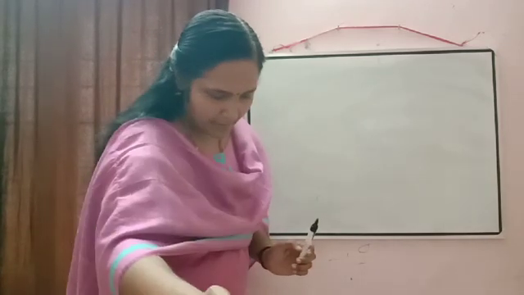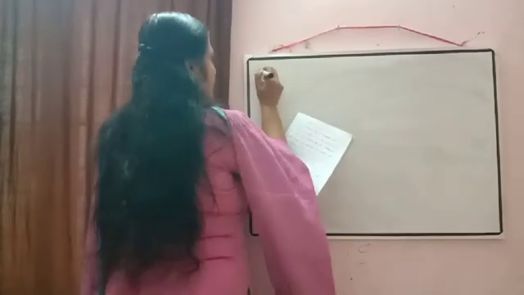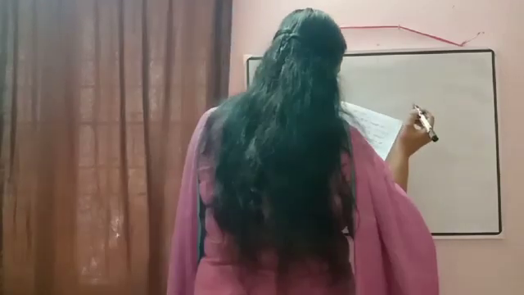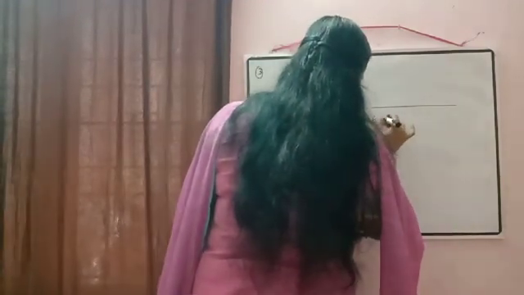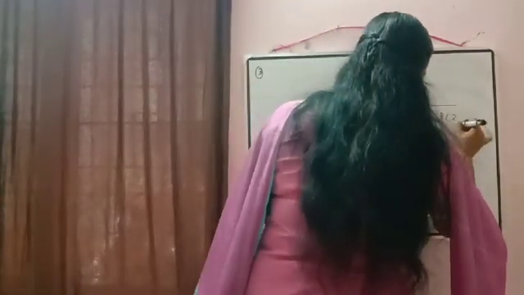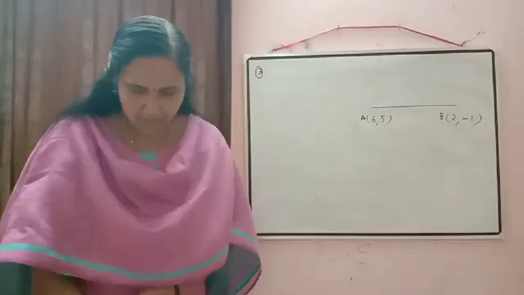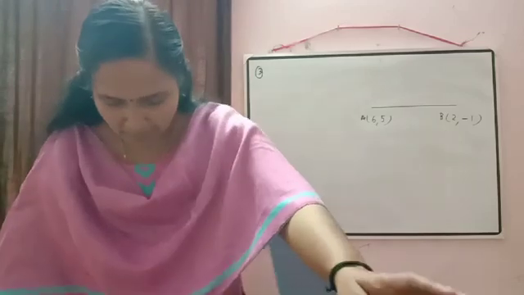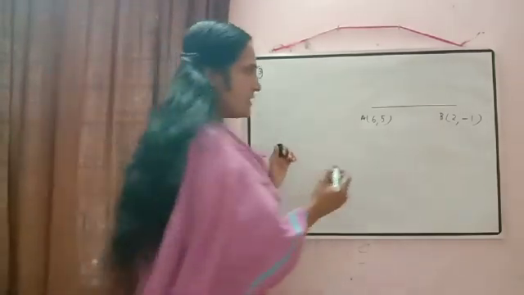a line perpendicular to the line segment. It is given a line perpendicular to the line segment joining A. Just to draw the diagram to make it more easy for you to understand. Okay, 2 comma minus 1. So it is given a line perpendicular to the line segment joining A 6 comma 5 and B 2 comma 1 divides it in the ratio 1:9.